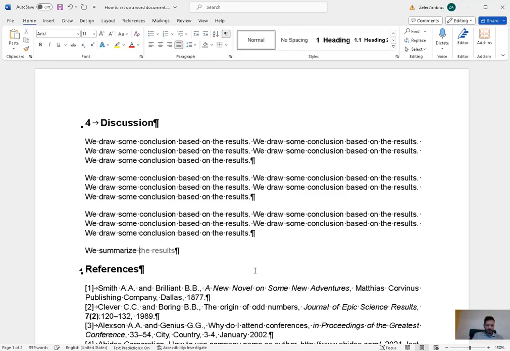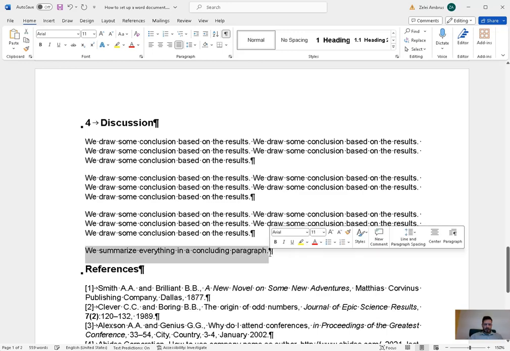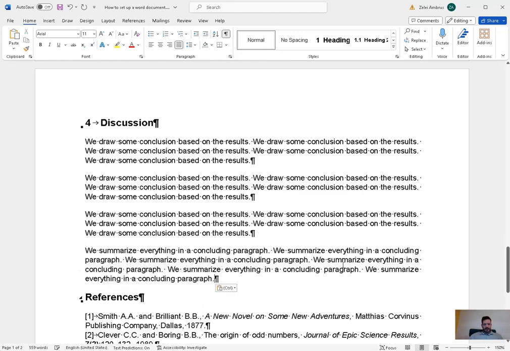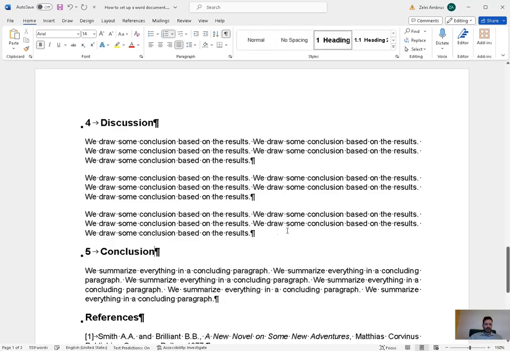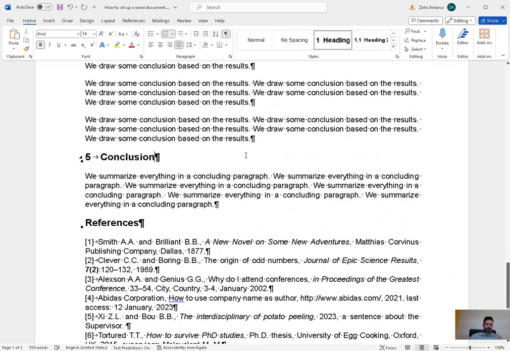So we summarize everything in a concluding paragraph. Okay, so it is again a complete paragraph. And if we want, we can introduce a conclusion section, which is optional, which is again heading 1. It is super easy to set up,